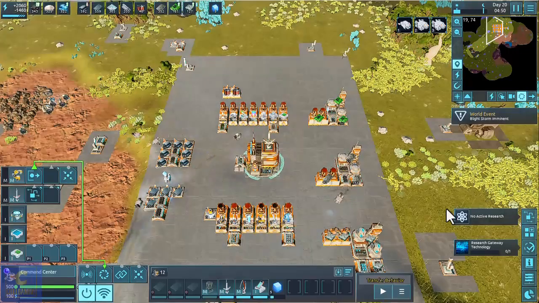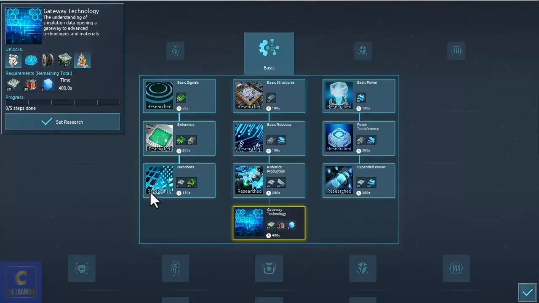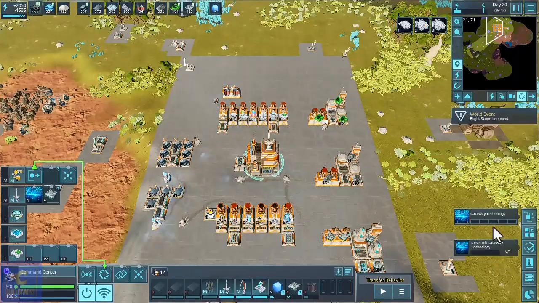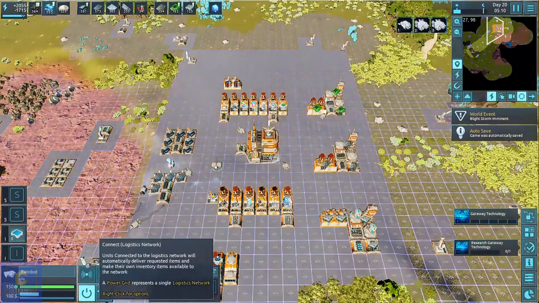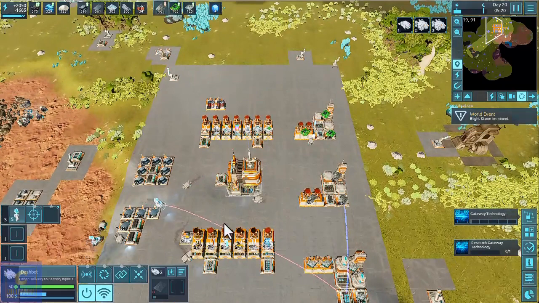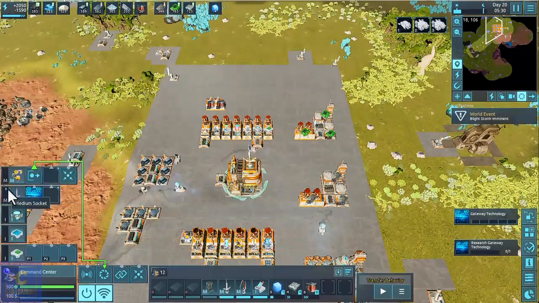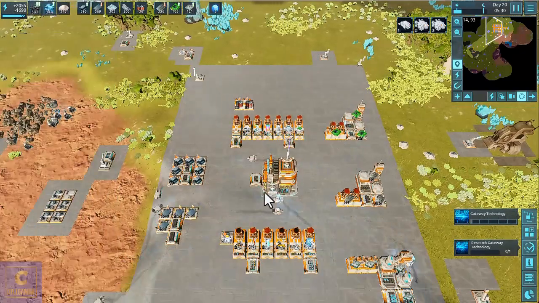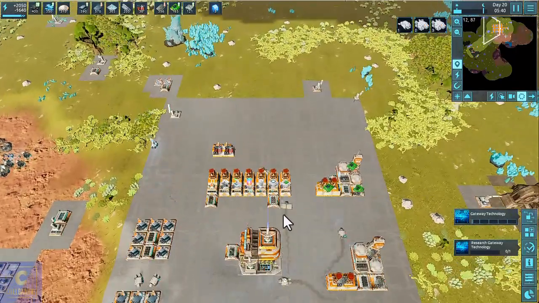Okay, right, now we'll start the research up on that last one. And it should start anytime soon. Stick that back on the network. There you go, it's very slow. We've got the other research we'll stick on there. That should speed it up a bit. There you go, it's sped up a little bit. What we're going to do now is